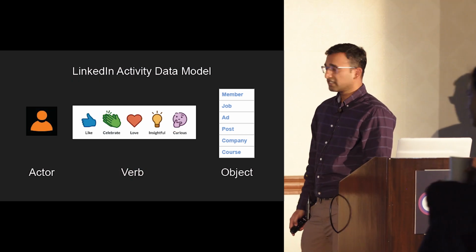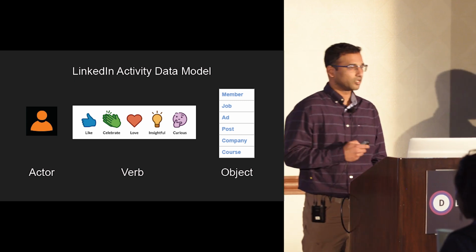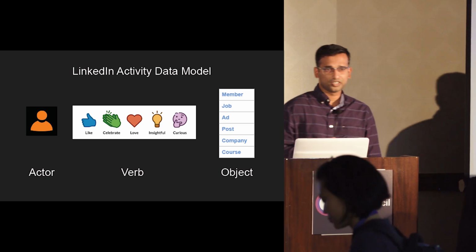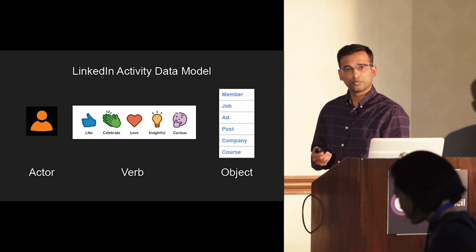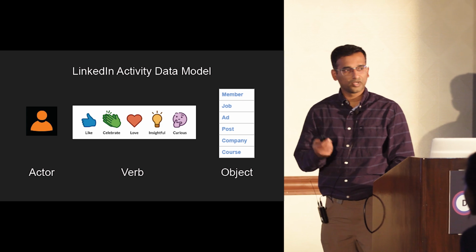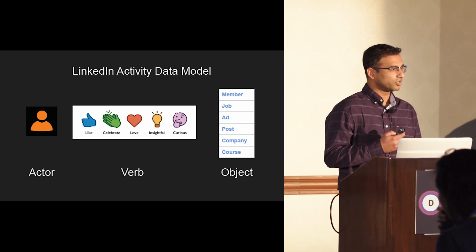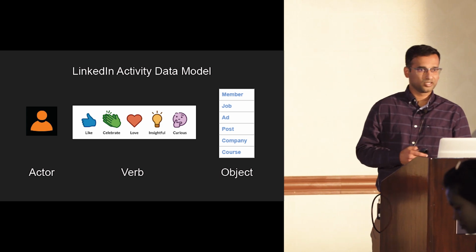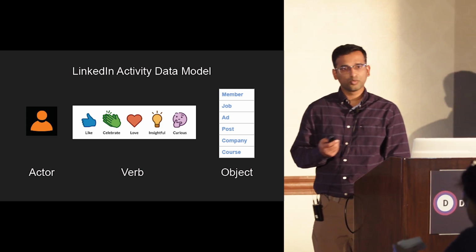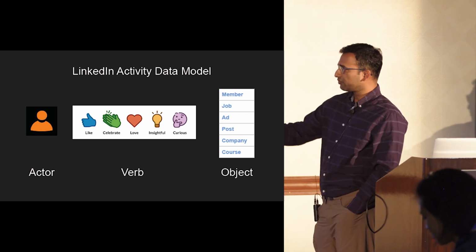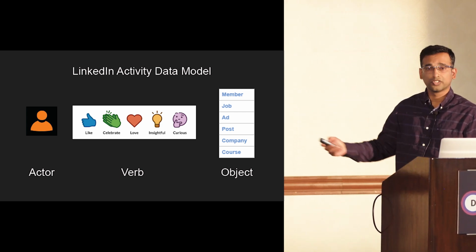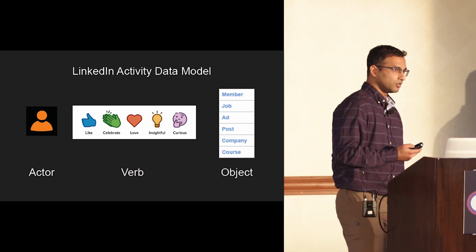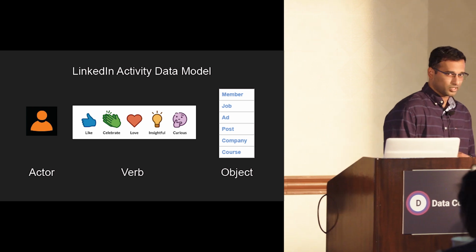So let's look at what someone is doing on LinkedIn most of the time. The entire LinkedIn activity is modeled in an actor, verb, and object model. You can think of a user, a recruiter, or a representative as an actor, and a verb is basically what you do on LinkedIn. You might comment on something, you might like an article, or you can do any of these actions on one of these objects. This is basically the fundamental unit of how activity is tracked on LinkedIn.